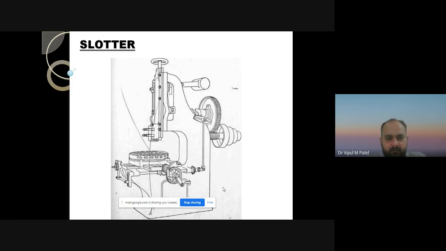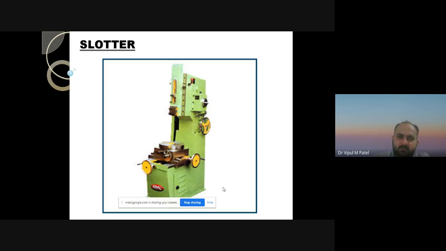There is also a work holding device, and the different mechanisms that we have already used in the shaper machine are also used in the slotter machine. You can see the live figure which is used in industries in the slide.